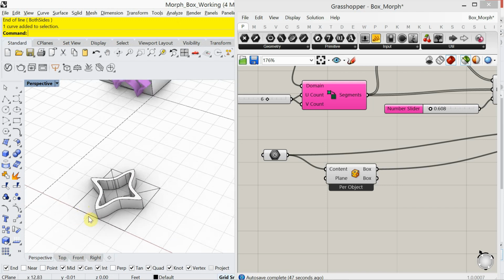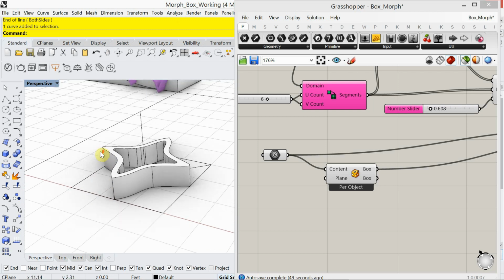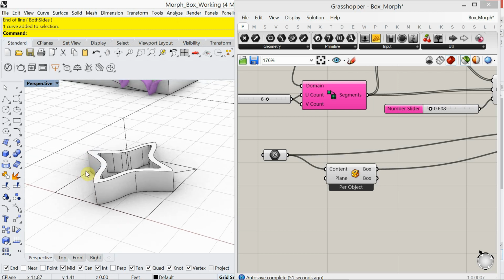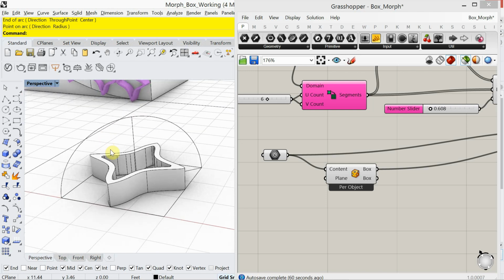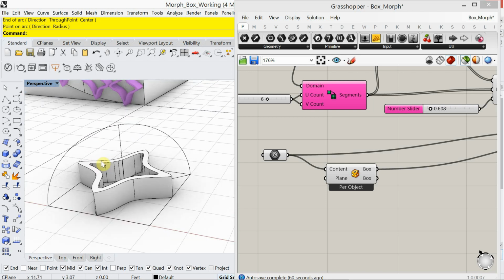Alright, something just to give me a vertical line. Okay, and I'm going to go ahead and draw an arc. Start of the arc is going to be here, end is here, and then that's going to be my end. So that's going to give me a vertical arc. And I'm going to go ahead and just give this a thickness by